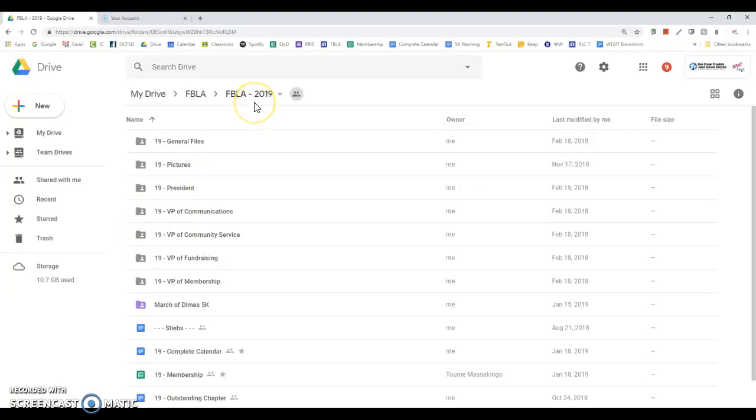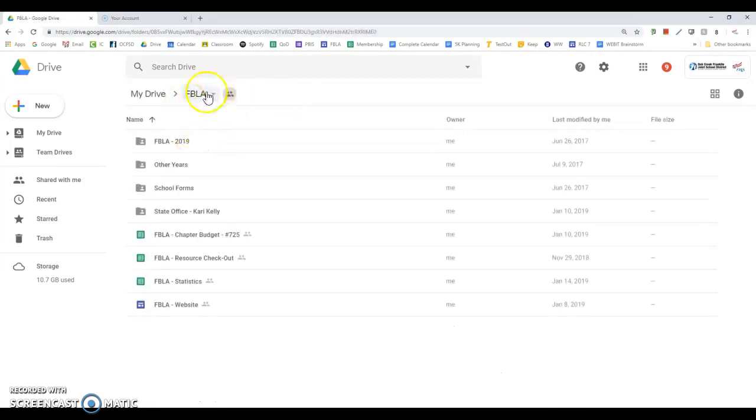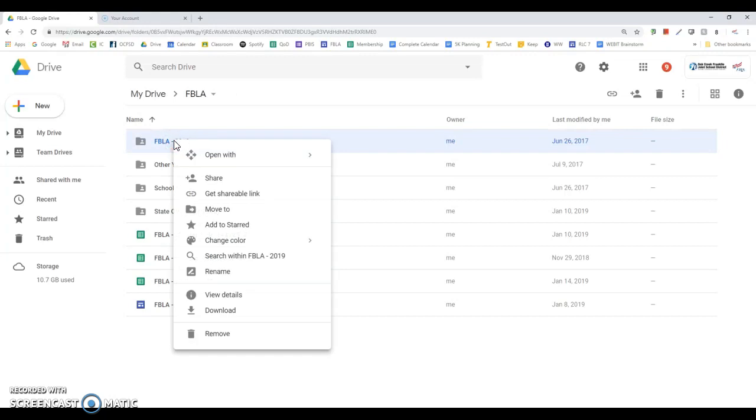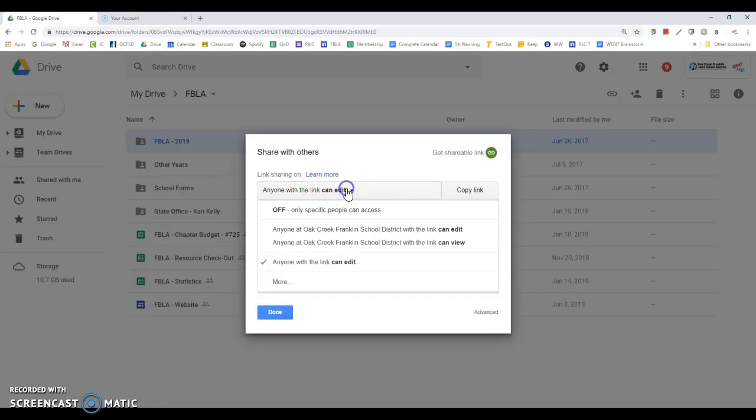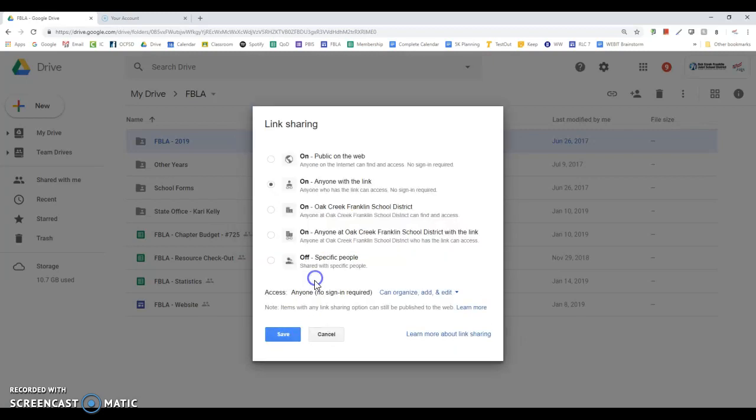To share an entire folder, such as my FBLA 2019 folder, I am going to be outside of that folder, right click, and I can either press share or get shareable link. If I press share, I can choose how I want to send this, such as usually anyone with the link